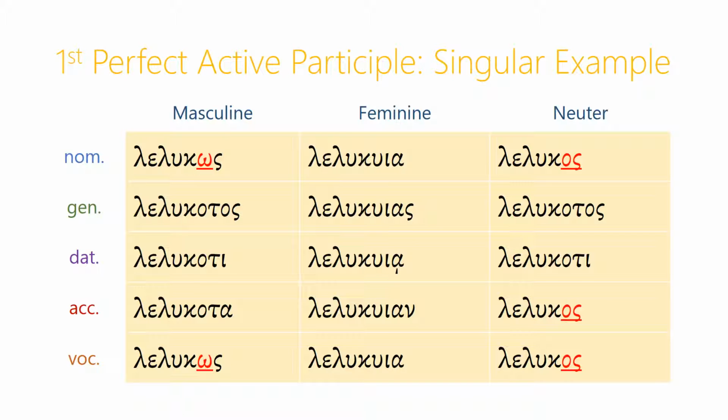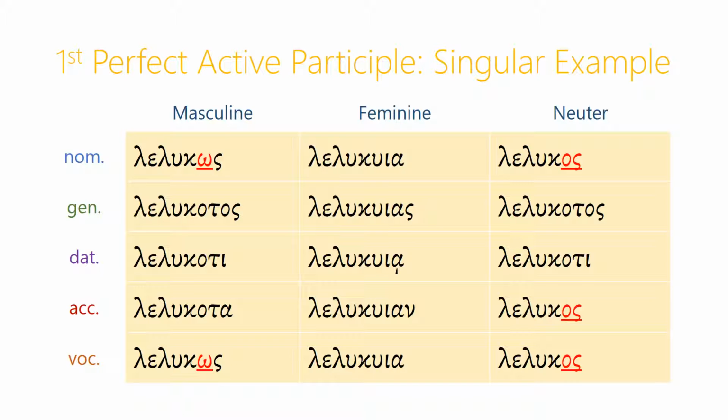But here, the os ending, we have to remember, is the sign of the neuter, where the os ending is the sign of the masculine. In the genitive and dative, both the neuter and the masculine are exactly the same, lelukautos and lelukauti, but because the neuter uses the same form for the nominative, the accusative, and the vocative, in the accusative, we return to